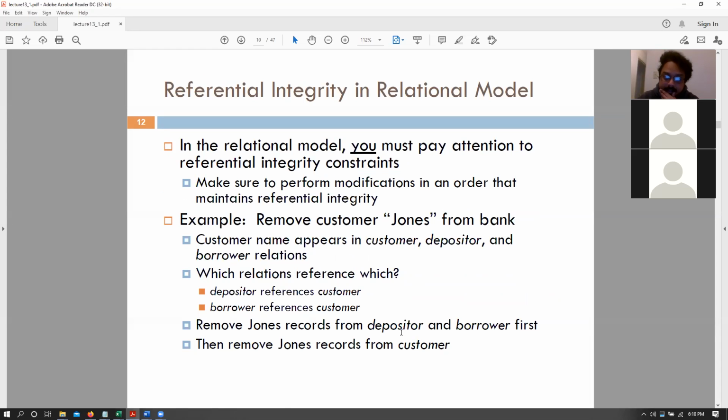Okay, so another thing about foreign keys, we also need to remember that referential integrity needs to be maintained. This is something that you already came across maybe in homework 3, but essentially even homework 2, I believe. So removing a particular entry from a referenced relation requires some things to be taken care of. For example, let's say that we need to remove the customer Jones from our bank. We hate him, we need to remove the customer Jones from that account.